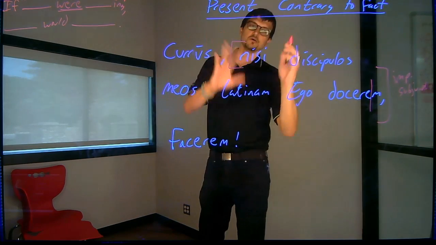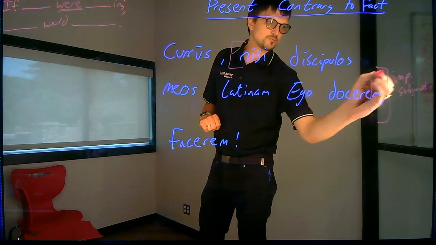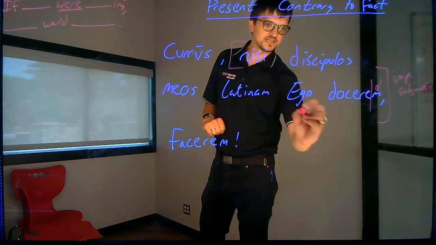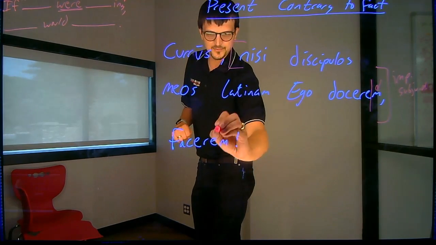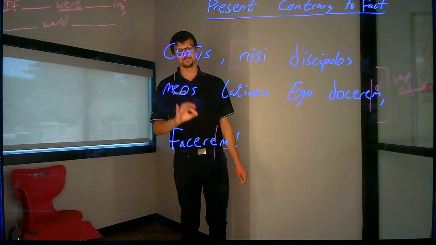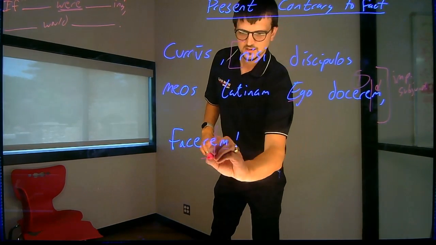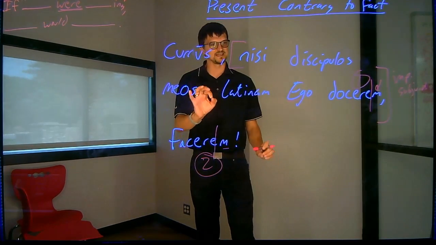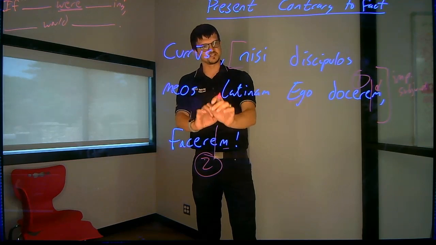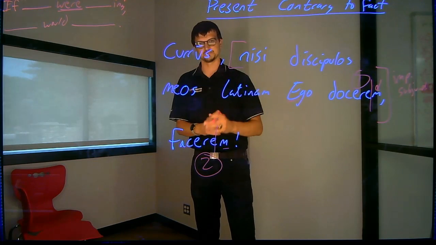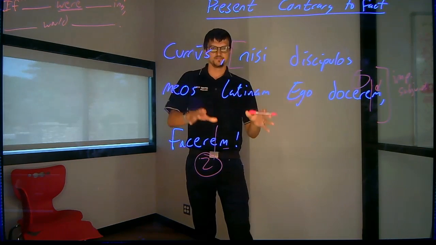All right. So we have here the present subjunctive. I have a first person singular with ego there. And same thing here, facere, right? You get the infinitive facere with the M on it. That is our two part, just like the past contrary to fact had a two-part pluperfect subjunctive. Now we have a two-part imperfect subjunctive. Okay, so